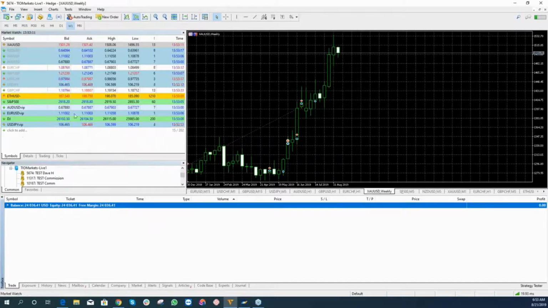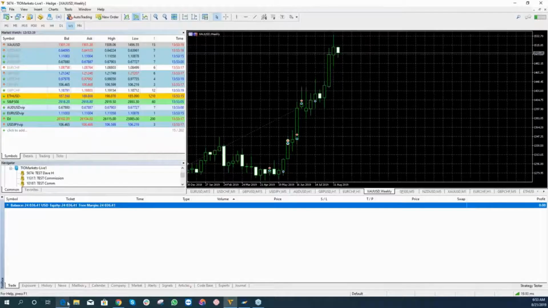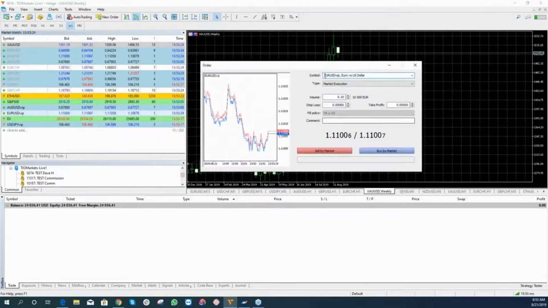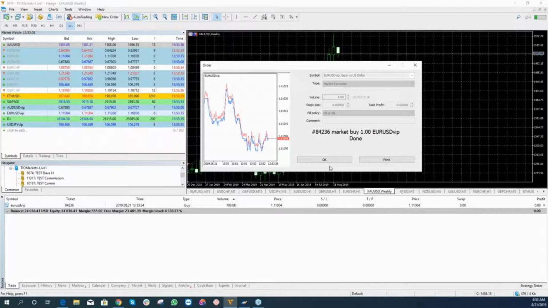The last thing I wanted to show you is how to put on a hedge. Let me just make sure I'm sticking to my agenda here. Okay. How to hedge something. So we'll go out to Euro US. We bring up our chart, our dealing box. We're going to stick to the 10,000 euro. Actually, you know, let's do one lot this time. All right, we'll do 100,000 euro. We're going to buy. We open the position, and